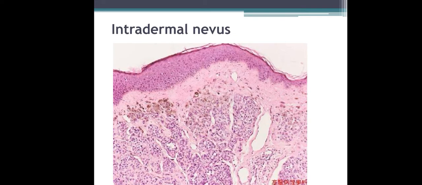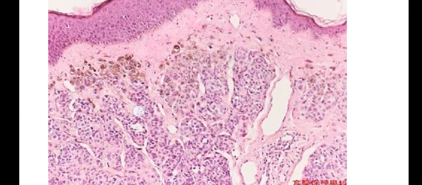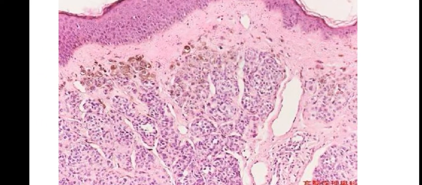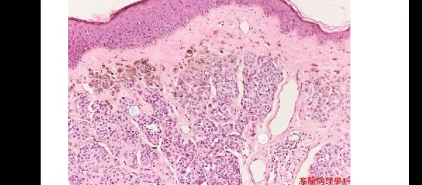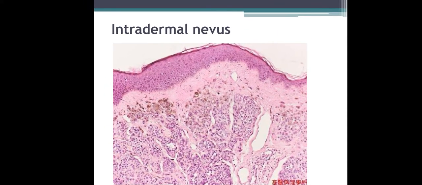So here you can see the cells, they are having this melanin pigment over the top of this dermis. You can see those benign tumor cells filled with that melanin pigment, whereas towards the center of the dermis, the cytoplasmic pigment is not there, but still they are all these melanocytes with this sort of nesting pattern. This pattern is known as nesting pattern because they are arranged as small nests, and some of them have this melanin pigment.